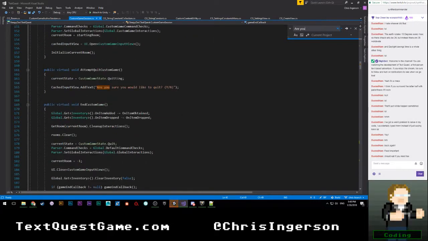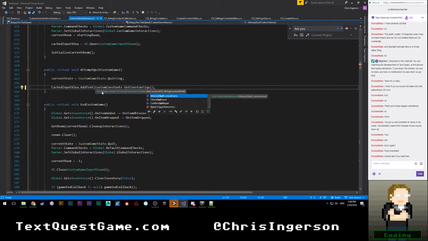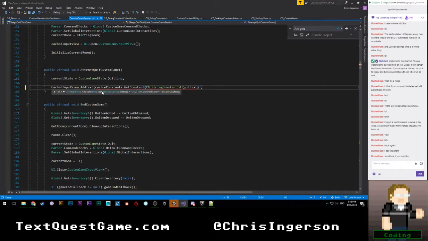Is that here? Yep, okay. So we're going to change this to custom constants dot get constant quit. Oh, I did that wrong. Dot quit text. Okay. Dot value.